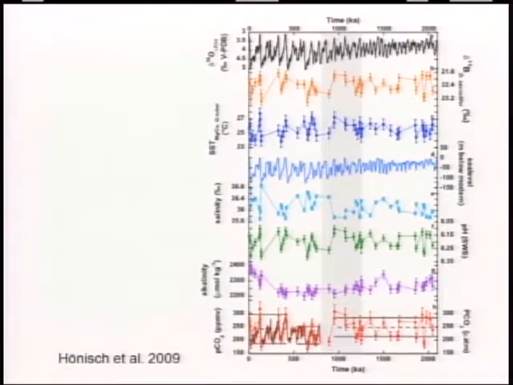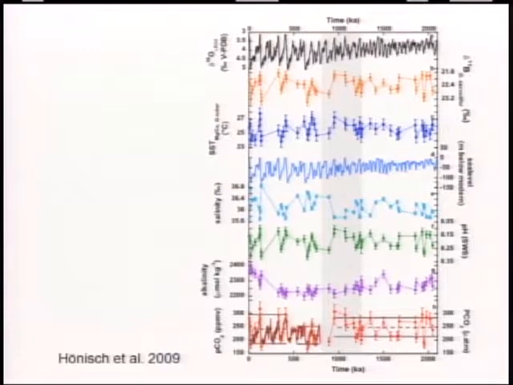Now, these are data that just got published last month, and it's a pretty busy figure, but I'm going to walk you through it just to give you an idea of what kind of information I need to finally tease out the carbon dioxide concentration. On the top panel is the oxygen isotopic composition of the Lisiecki and Raymo stack from benthic foraminifers over 2.1 million years. On the next panel, you see the boron isotopic composition of foraminifers. You can already see that during glacial times, the boron isotopic composition is heavier than during interglacial times,